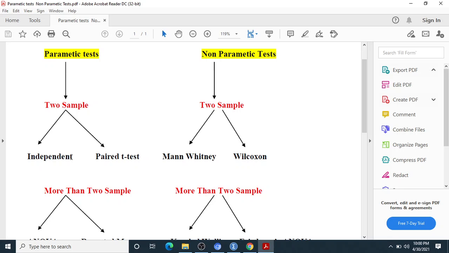Mainly what we do in the independent t-test is calculate the mean of these two categories. Like we have male and female, so first of all we calculate the mean of the male, then the mean of the female, and after that we go for the comparison. So it is a comparative study between two categories, and these two categories are mutually exclusive. In case of the paired t-test, how does it differ from the independent t-test? Very simple. In the independent t-test there are two categories, but in the paired t-test there is one category.